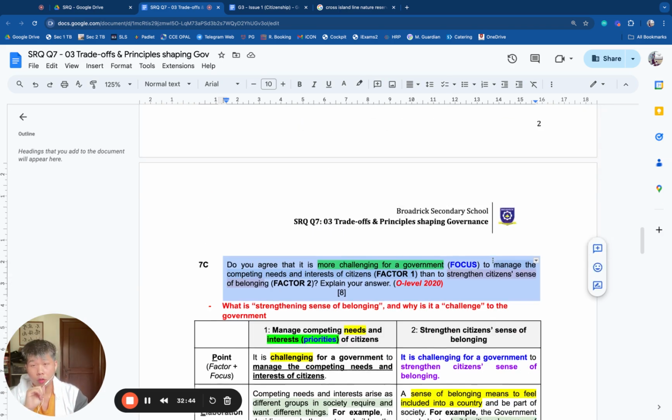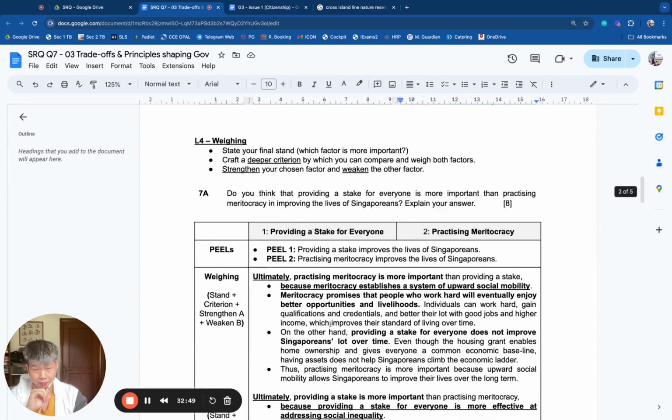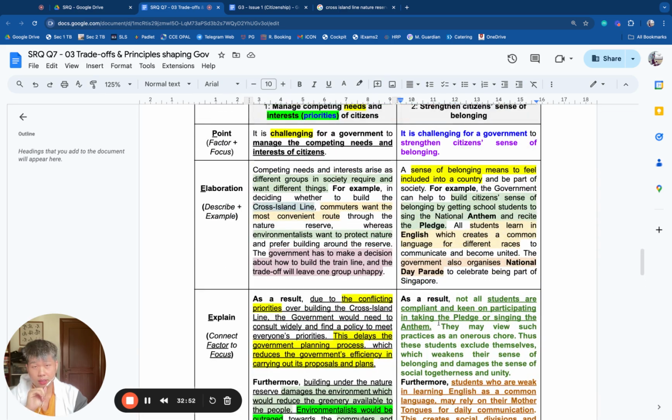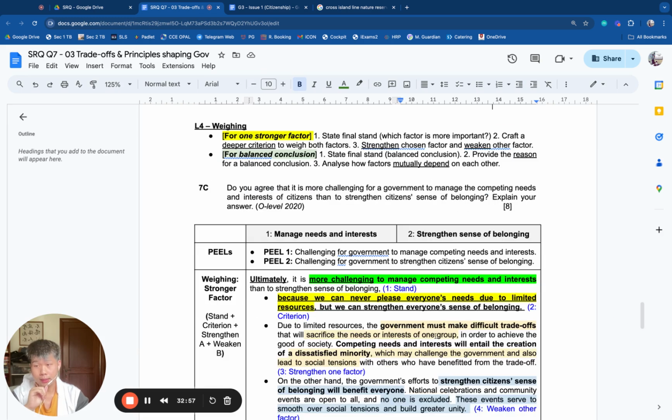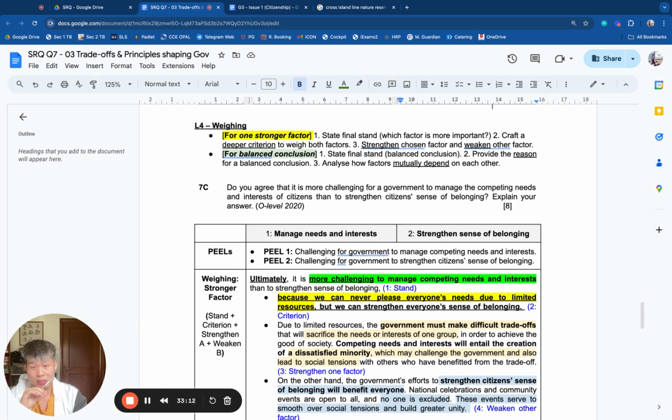Homework, you will have to complete 7C and 7A, both of these on the essay worksheet. And for 7A and 7C, you have to copy down these two essays again on foolscap together with the weighing essay. Then after you have done 7A and 7C, please proceed to do either 7B or 7D based on whatever homework I assigned in class. So again, 7A and 7C must be done on the worksheet and copied on foolscap. And on foolscap, I want both PEEL paragraphs as well as one weighing paragraph.